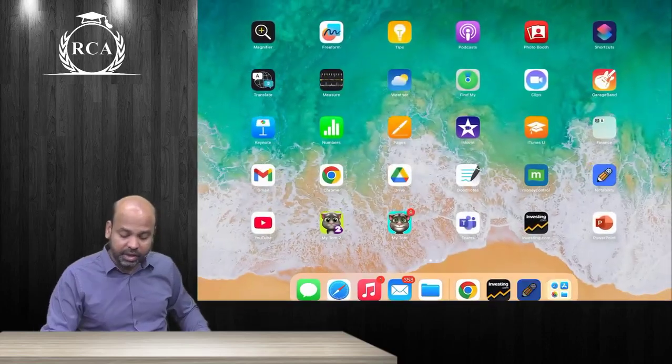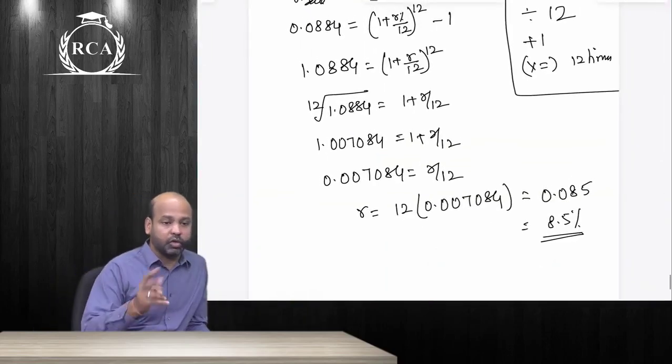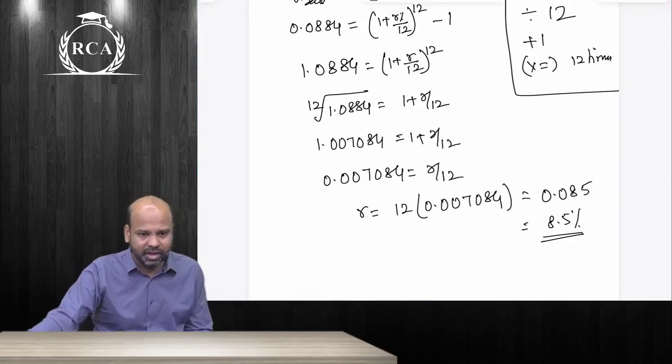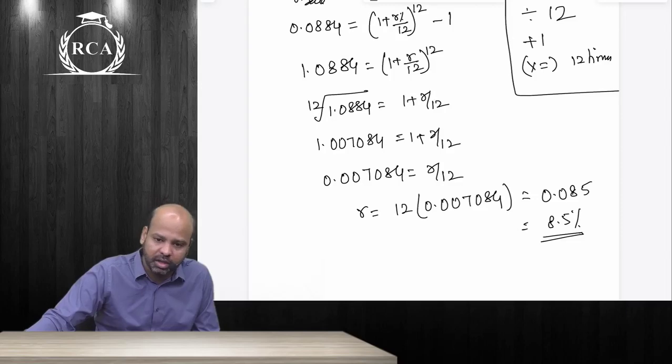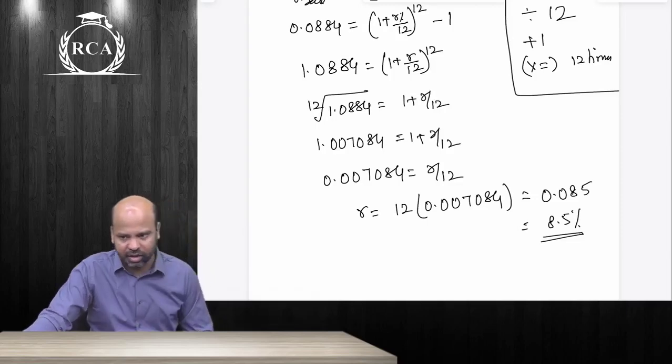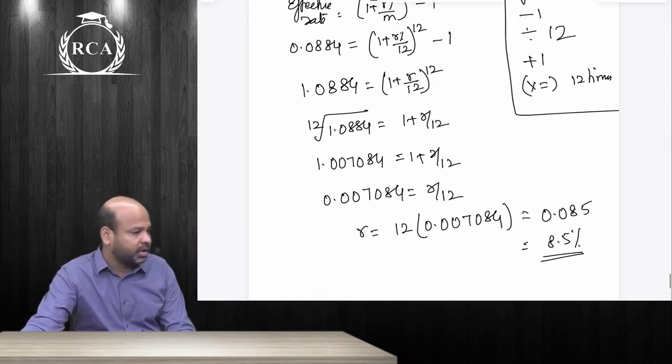Concept of effective rate is important, guys. They may not ask us to reverse calculate. They will give us the monthly rate, they will give us the quarterly rate, and ask us to compute what is the effective yield that we are generating in a year. Across multiple chapters, you will see this terminology of effective yield. Are we very clear about this, guys?